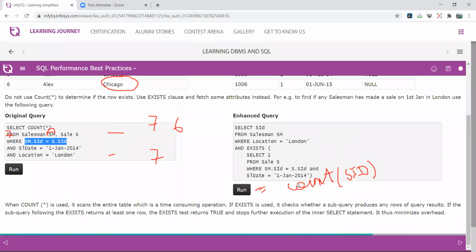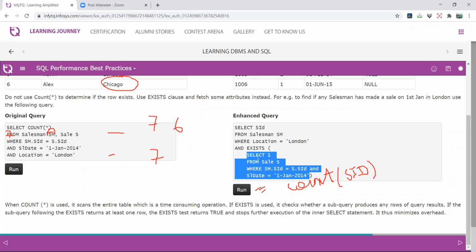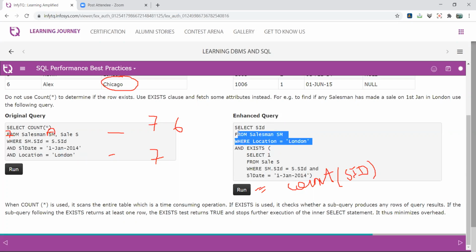क्या यूज कर रहे हो आप, सिलेक्ट काउंट SID फ्रॉम सेल्समैन वेयर लोकेशन इक्वल टू लंदन, दिस इज द फर्स्ट पार्ट, राइट। सिंपल कंडीशन है, काउंट करना है, SID प्रिंट हो जाएगा। नाउ सेकंड पार्ट हमने कंडीशन में यूज किया हुआ है एंड EXISTS ब्रैकेट के अंदर सिलेक्ट 1। सो हमने आपको पहले भी बोला था जब ऑलरेडी कोरिलेटेड सब क्वेरीज यूज करते हैं तो यहाँ पे हम लोग कांस्टेंट पार्ट यूज करते हैं। सो हमें केवल ये चेक करना है क्या इस क्वेरी का कोई आउटपुट आएगा कि नहीं आएगा। यस, इस क्वेरी का आउटपुट आ रहा है, तो अगर इस क्वेरी का आउटपुट आ रहा है तो बाहर वाली क्वेरी का आउटपुट डिस्प्ले कर, राइट।